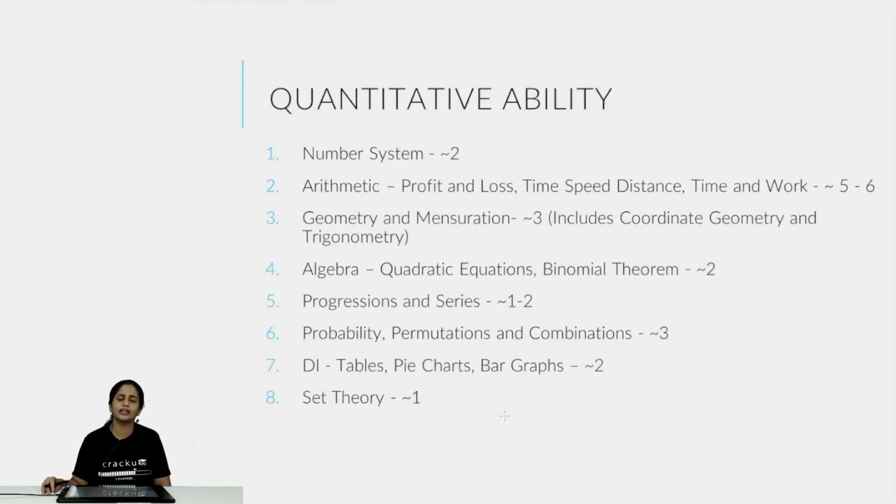Let's take a look at quantitative ability. So quantitative ability is, again, as I said, slightly easier than CAT, but the portion remains roughly the same as CAT. Arithmetic, around 5 to 6 questions out of the 20 come from arithmetic. You have your regular profit and loss, time, speed, distance, time and work. You get 2 questions from numbers, also number systems. You get some questions from geometry and mensuration, but this also includes